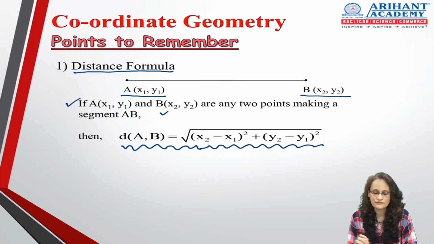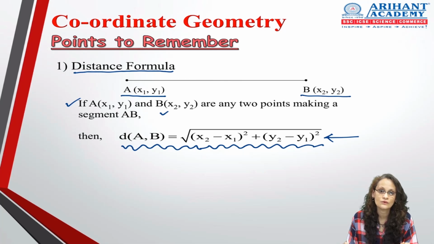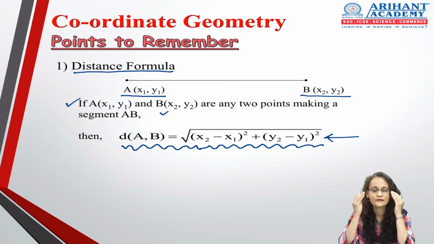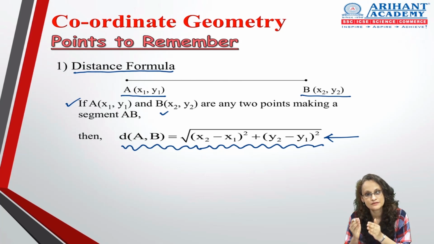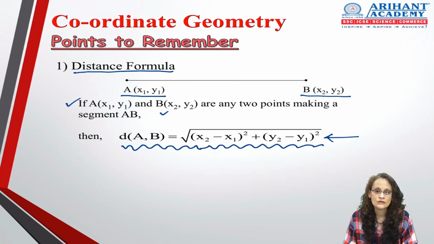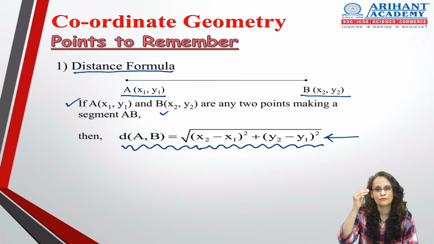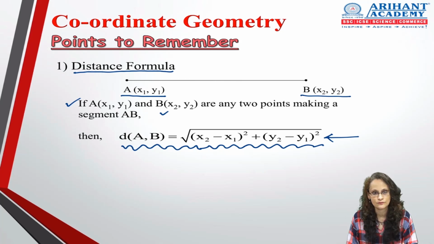Now, once we have learned the distance formula, which I am repeating again, distance AB is equal to root of (x2 minus x1) the whole square plus (y2 minus y1) the whole square. Now that the formula is firmly imprinted in our minds, we move on to an MCQ based on this formula. So what we are going to do in today's lecture is, immediately after the formula is done, we take up its MCQ so that you can correlate between the two. Okay? So let's move ahead.